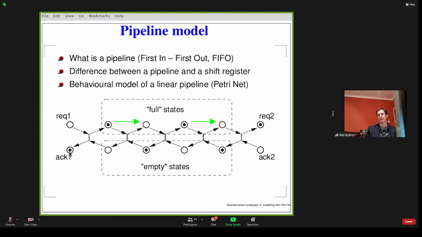There is no time associated with transitions. It can happen straight away in a microsecond or picosecond, or it may happen in a year's time. There is no notion of time in Petri nets. But definitely it will happen at some point because there is no other way for it to occur.